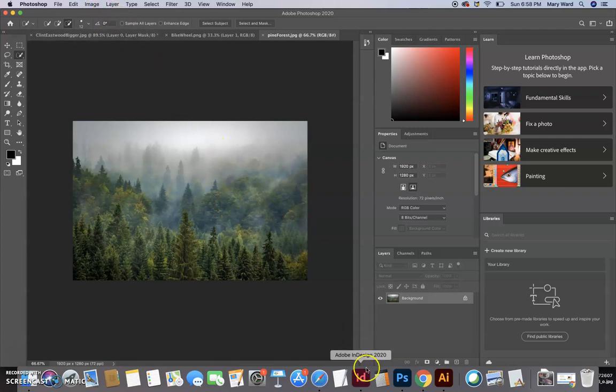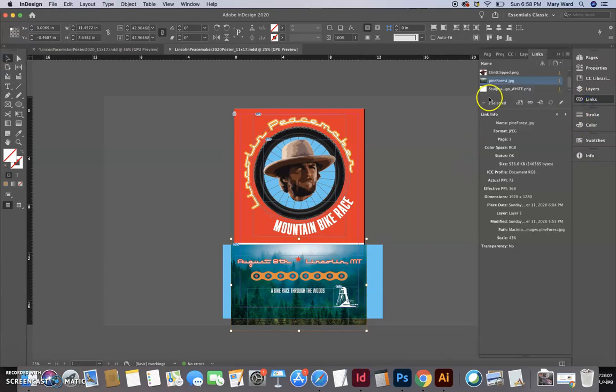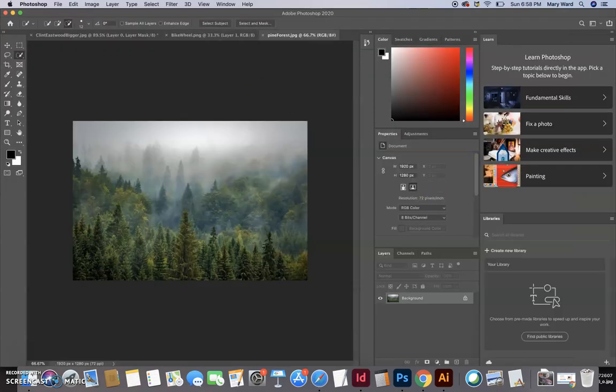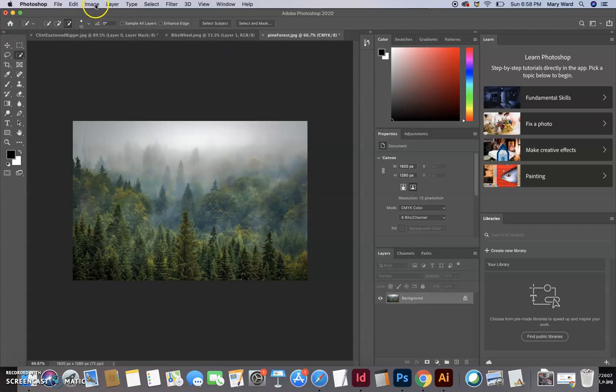But basically you want to go into your links panel. You can do Control click, Edit With, or right click, Edit With Photoshop to open it up. We can make it Image Mode, CMYK Color, and then we can do